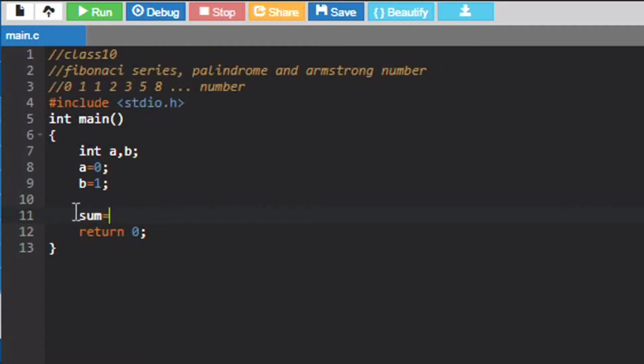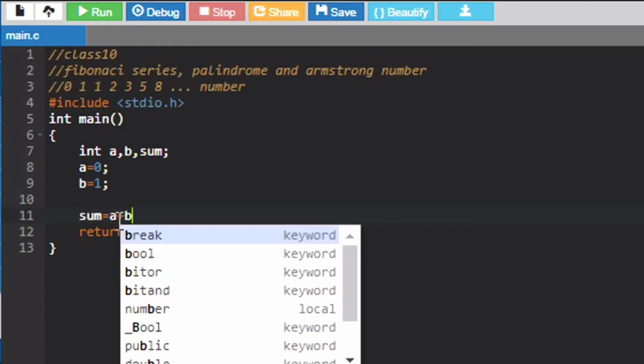So I have declared a variable called sum. Here I'll be declaring sum, and then I want it to do something. First it will add a and b, and then we are going to change the values of a and b.